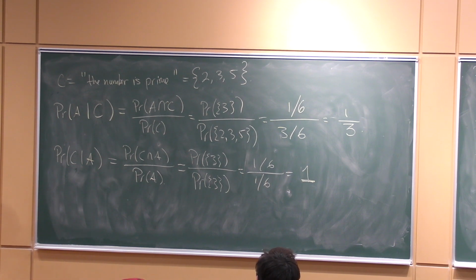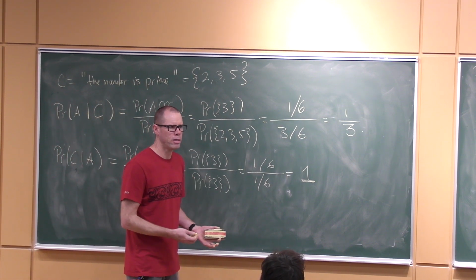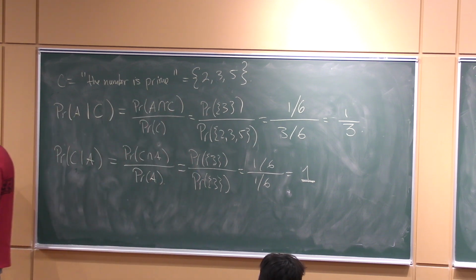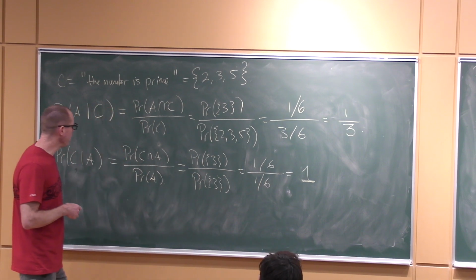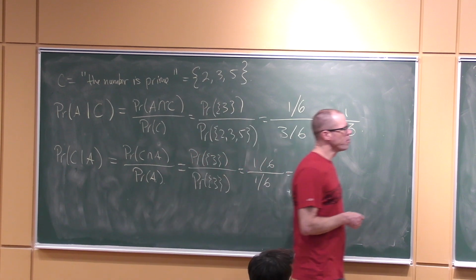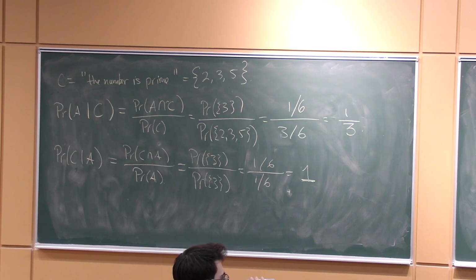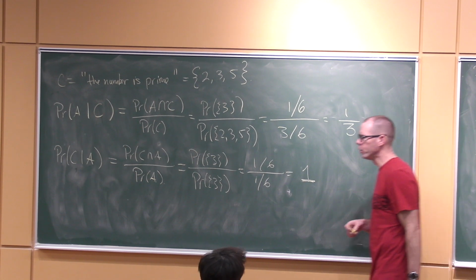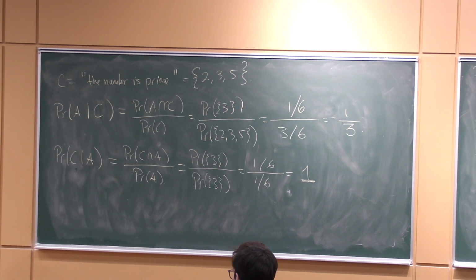This seems to be the right definition for what it means to run an experiment conditional on something. And I think that even the technical issue that the probability of B should not be 0 comes from this, because otherwise we have a problem: we're dividing by the probability of B, and dividing by 0 is a problem. Even in terms of the interpretation, we run the experiment until B happens, but if the probability of B is 0, then B never happens, so that also doesn't make sense. So even that condition about the probability of B not being 0 is important.